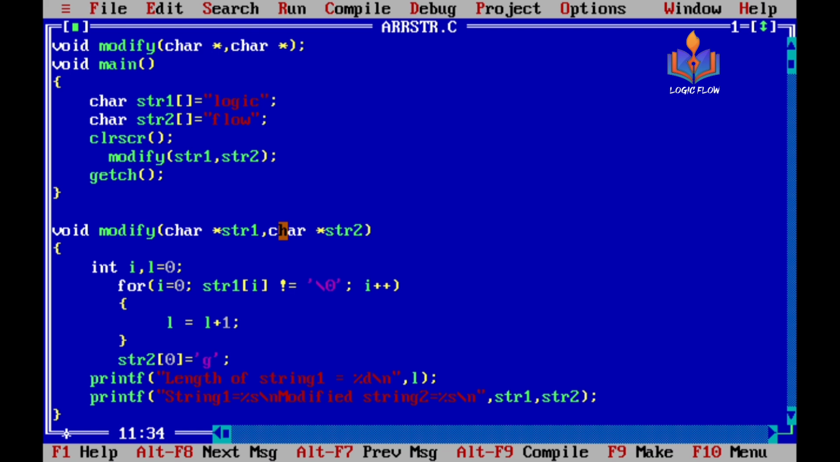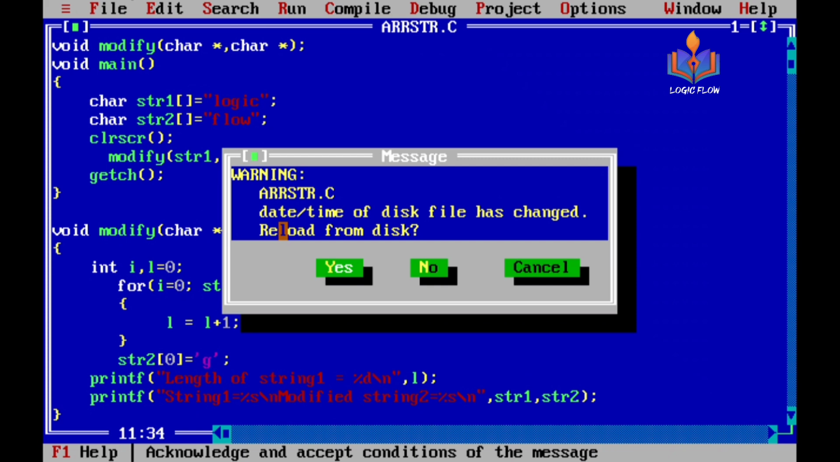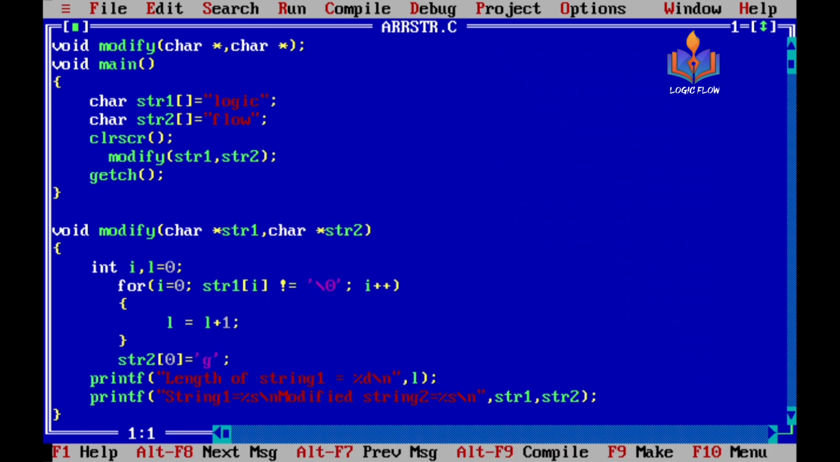So let me save this now. Say control F9. See the same thing. I got the output. Length of the string 1 5. String 1 is logic. Modified string 2 is glow. So this is how we pass the string to